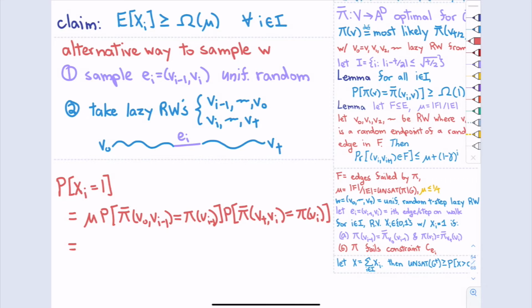All right. Now, what are these two? They're definitely less than 1. Yes. They're also greater than or equal to 0.